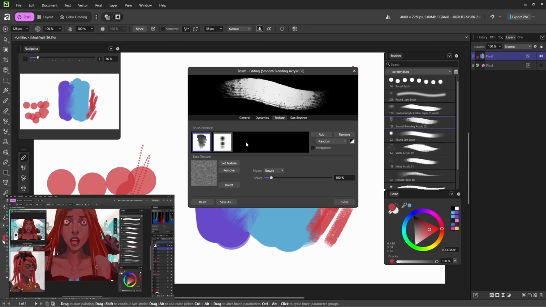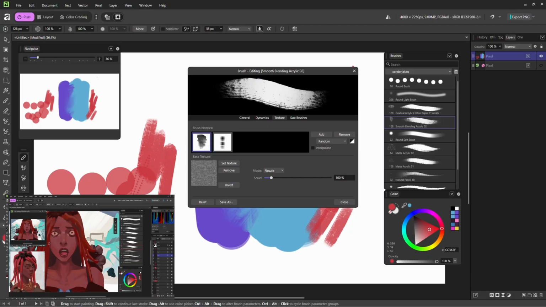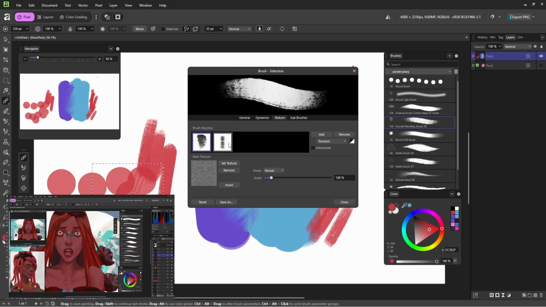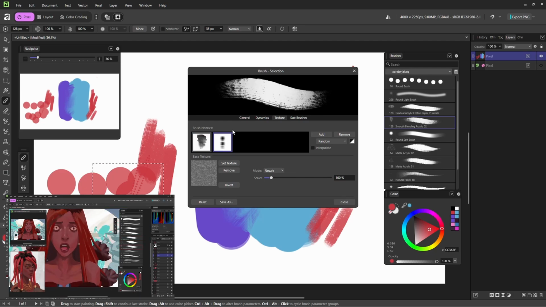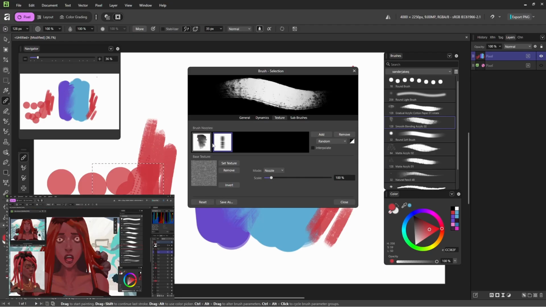It unifies a lot of settings because the brush is based off of these nozzles, and you can add or remove them to change the behavior. And let's see if we can add it. So if you have one brush or one texture in this list, it acts like a normal brush, and if there's multiple, it acts like